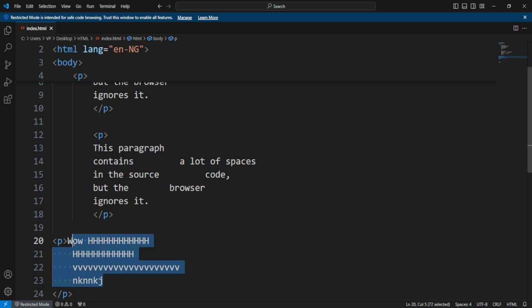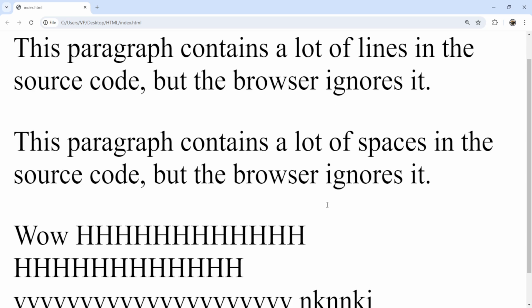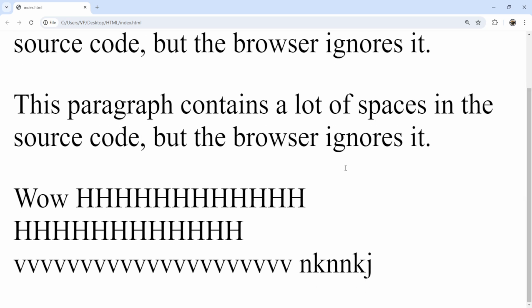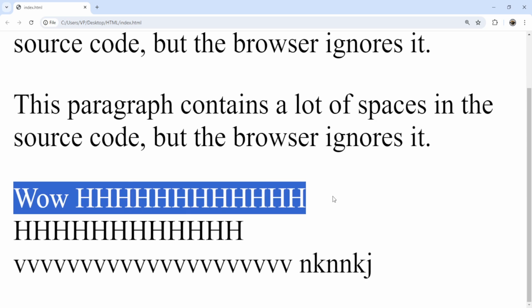This will never work in this way, but it is very good to write in this manner, maybe because of the view, so you can see what you are writing clearly. But no matter how you write it in this manner, it's not going to jump like this. Everything is going to be on a straight line. So let me save it and see how it looks. As you can see, wow,